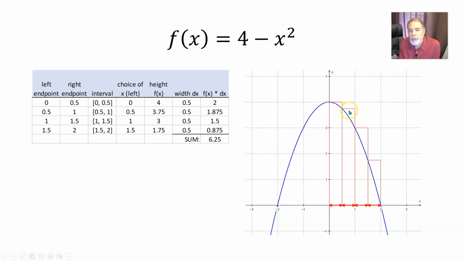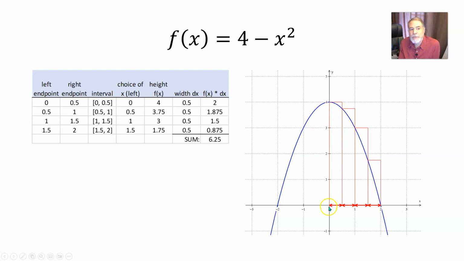Now that includes some bits that stick out above the curve. So the area of the region strictly underneath this curve is a bit less than that. So the area we're looking for is a little less than 6.25. Now here I got the heights of the rectangles by plugging in the left endpoint, the x-coordinate of the left